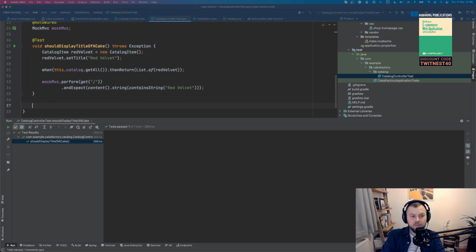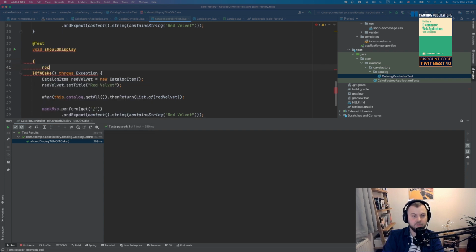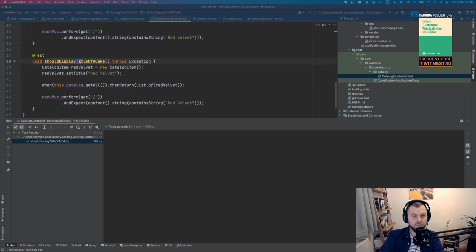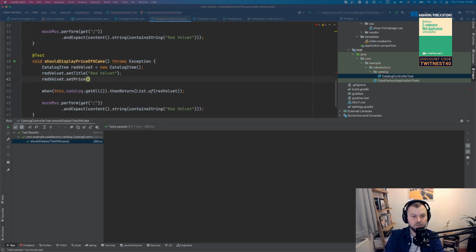If you want to add, let's say, price, you can say I want to do, should display title of the cake, should display price of a cake, right? Oops, maybe too much. So display price, and let's say we say red velvet set price, and let's say it will be BigDecimal of $3.95.